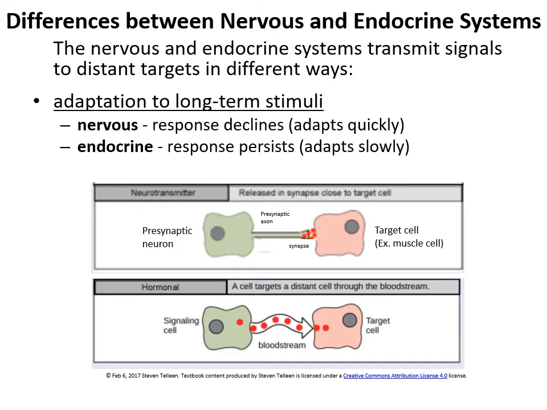Another contrast is how quickly the target tissue adapts to a long-term stimulus. If a nerve is persistently firing action potentials and signaling for a target tissue to respond, the target tissue will actually adapt pretty quickly and begin to ignore this persistent signal. An example of this is how quickly we adapt to sensory stimuli that are not changing. For example, the whirring of a fan in the room.